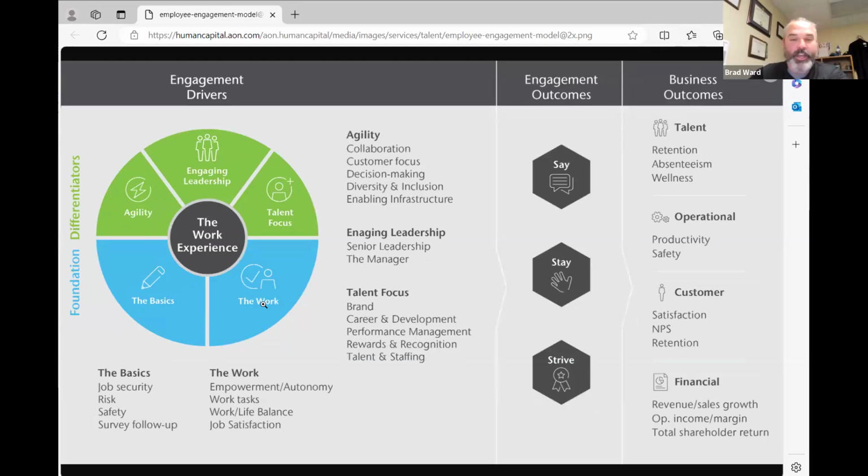So this is the engagement model. If you see the blue, this is kind of the foundation. However, they put the work itself there, on the bottom right. If you look at Herzberg's work, he puts that as a motivator. I'd say these green ones are more like motivators. I still think engagement theory very much overlaps with Herzberg. The main difference in terms, I think this is important.